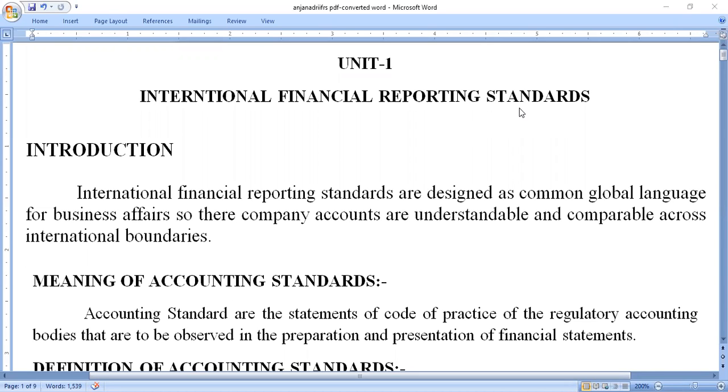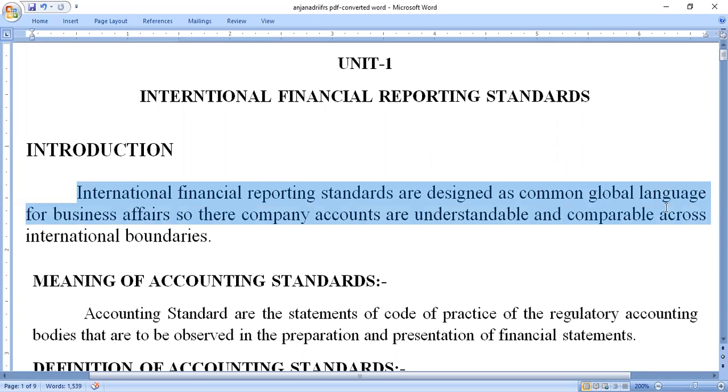Firstly, we are discussing Unit 1, International Financial Reporting Standards. Before moving on, the main concept here is the introduction of International Financial Reporting Standards. International Financial Reporting Standards are designed as a common global language for business affairs so that company accounts are understandable and comparable across the